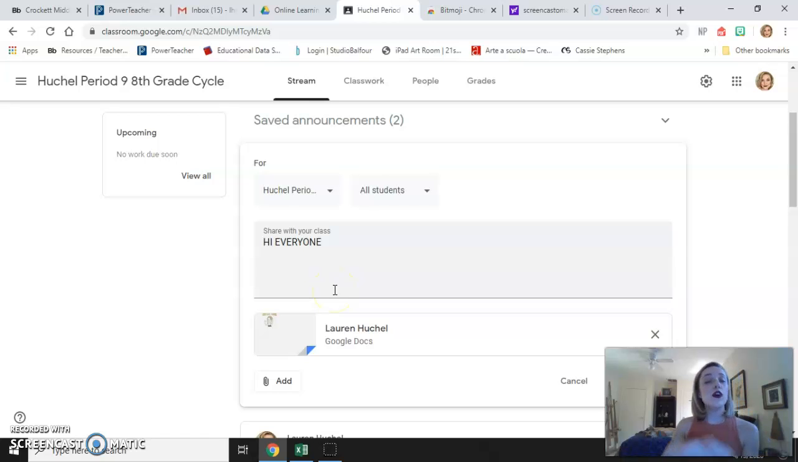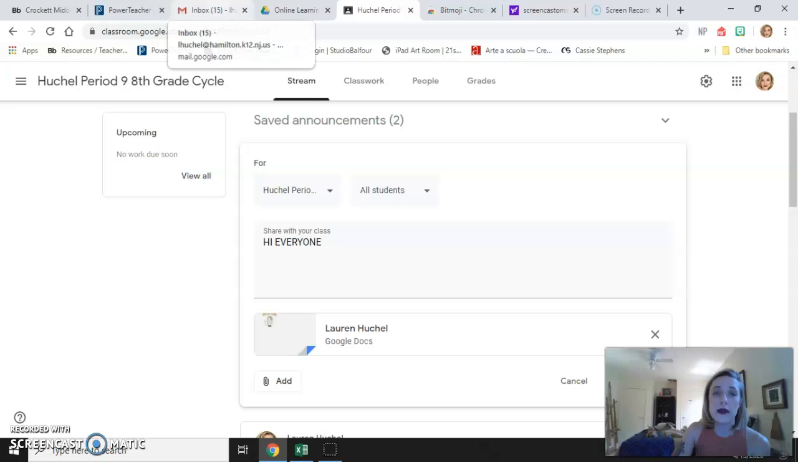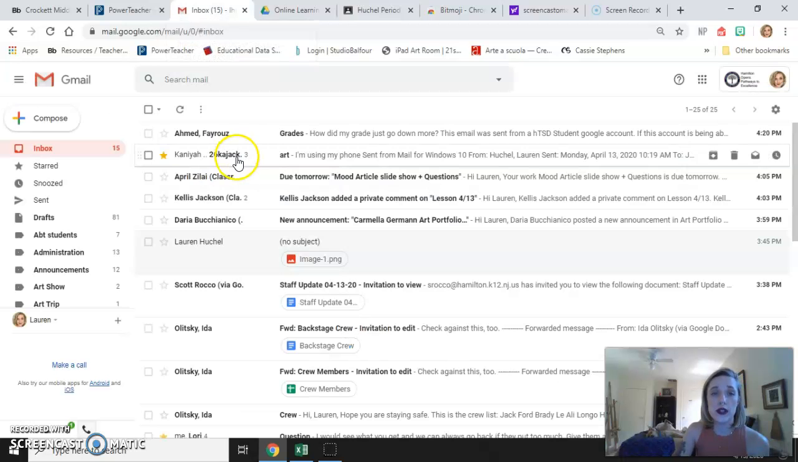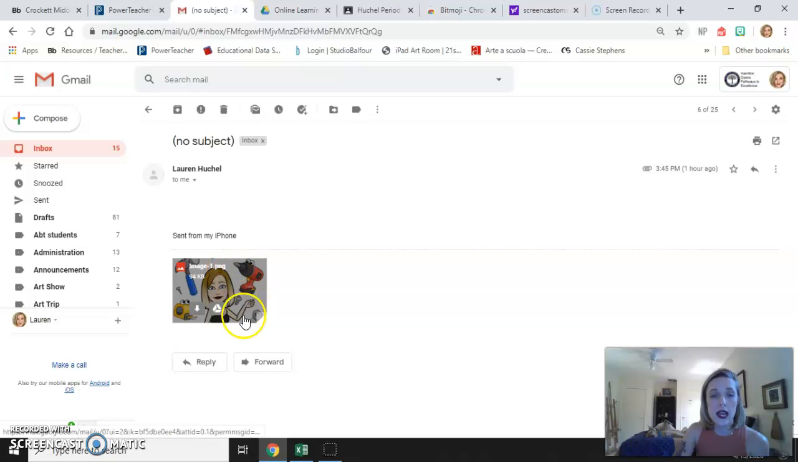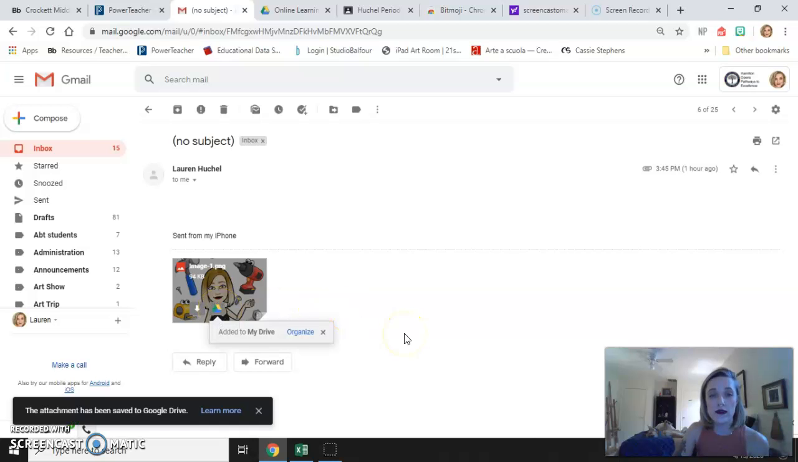Okay, the alternative way to do this is to email yourself your Bitmoji picture from your phone. If you have emailed your Bitmoji picture from your phone, you can click the box, go to your own email, okay, and then you'll see two buttons. You'll see download and save to drive. If you save to drive,